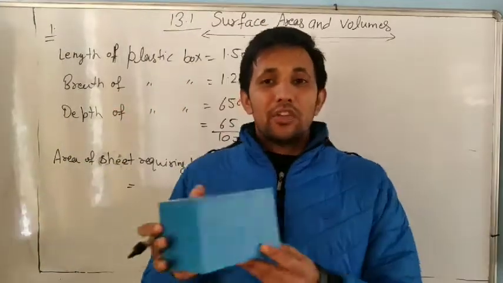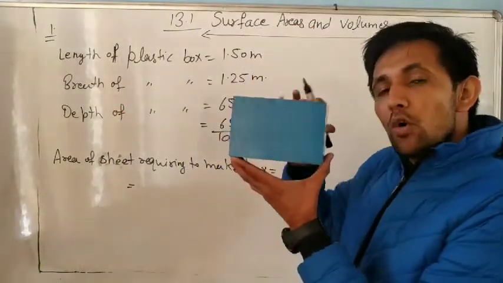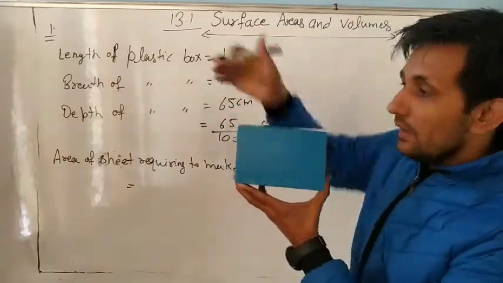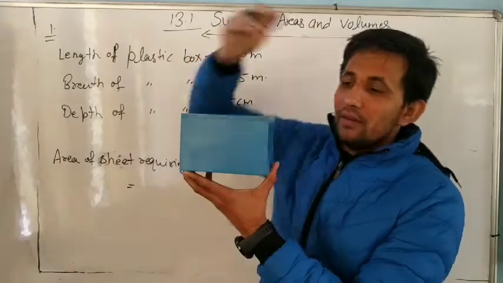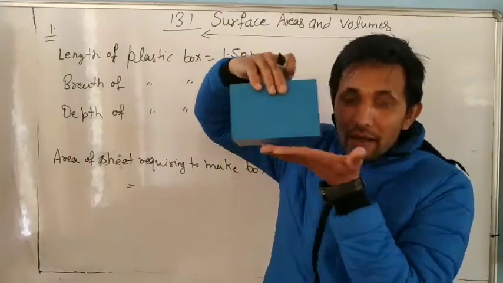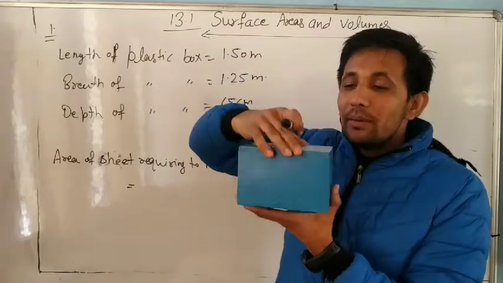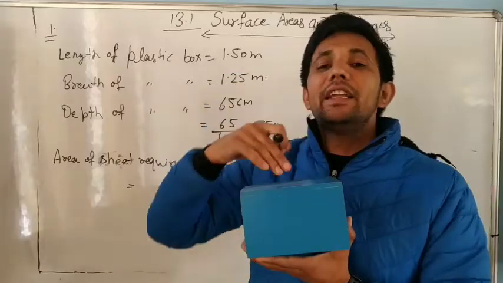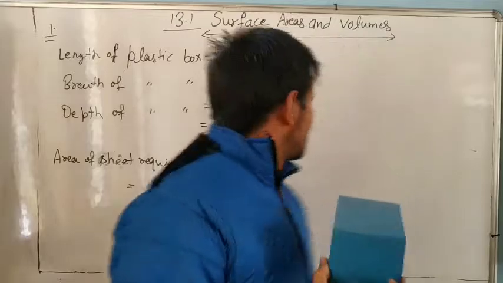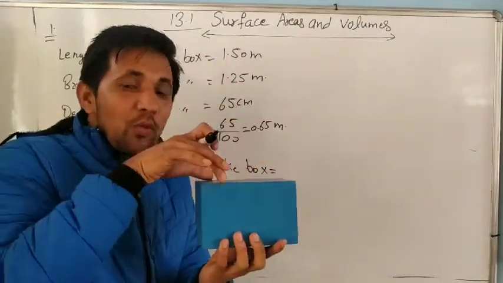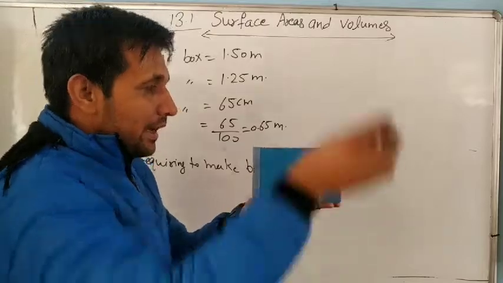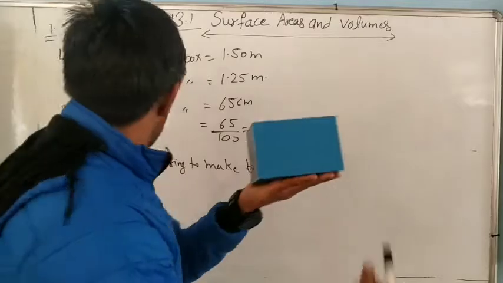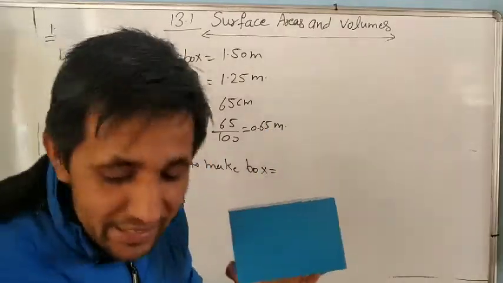Area means this one area, because this box is open from the top, so it means area is this one area, back side and this side on the left and this one right also, and the bottom also area. So we are not taking the area of top, because at the top it is open. So it means sheet is not used on top. Where is sheet used? This one here and its back side and this one face and this one face and bottom.